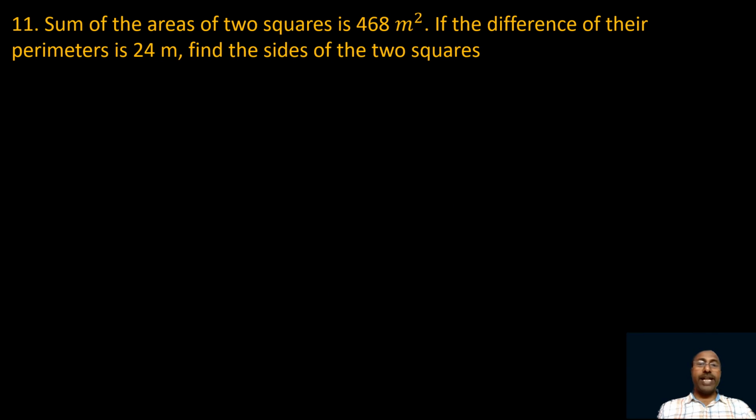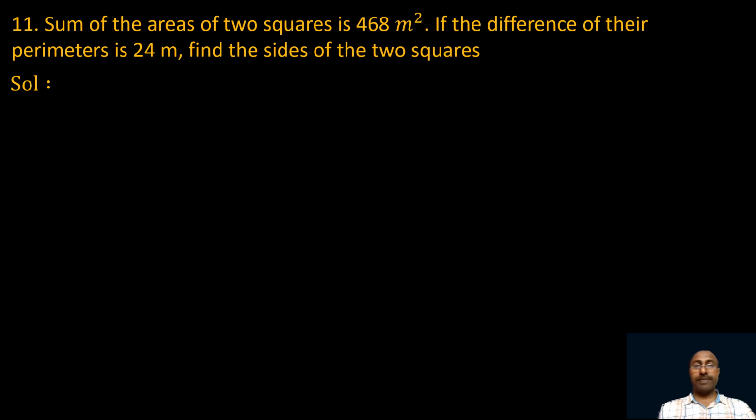The sum of the areas of two squares is 468 square meters. If the difference of their perimeters is 24 meters, find the sides of the two squares. Okay, here we have two squares whose sum of the areas is 468 square meters, and it is given that the difference of their perimeters is 24 meters, and we need to find the lengths of the sides of